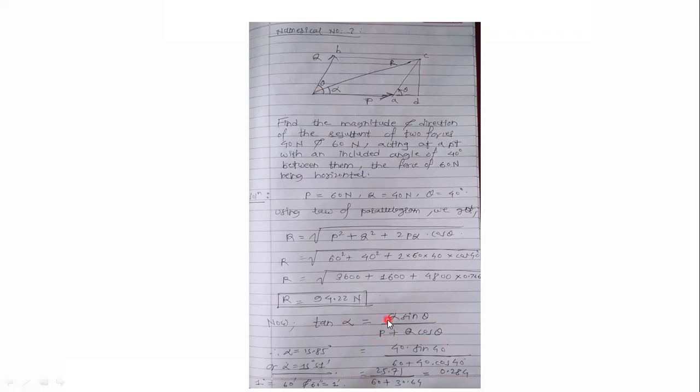You put the value of Q, you put the value of theta, put the value of P, you will get the angle alpha. You will get 15.85 degree or 15 degree